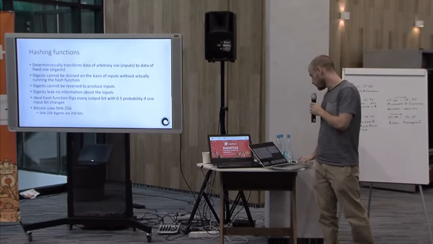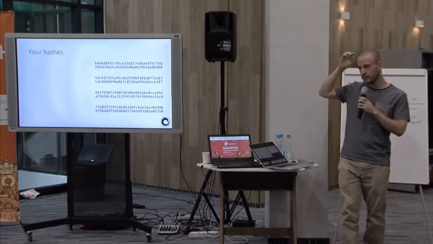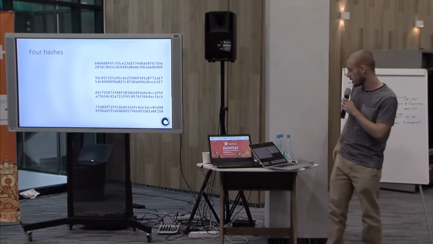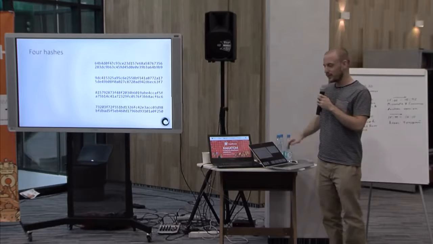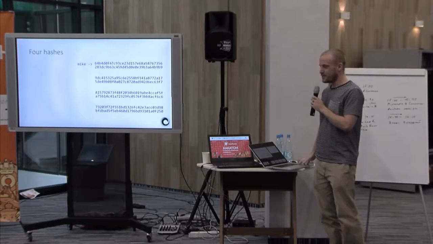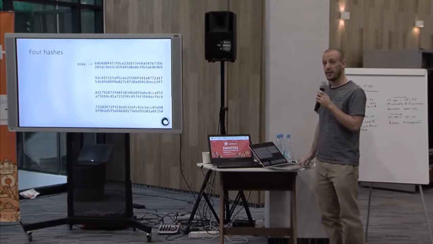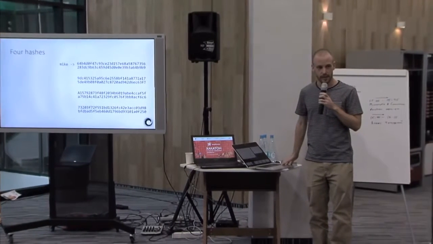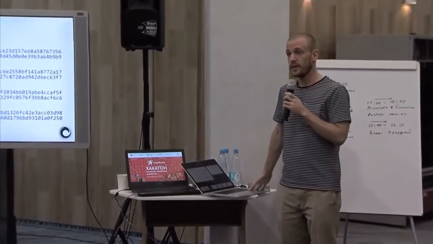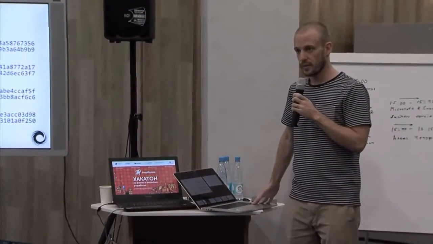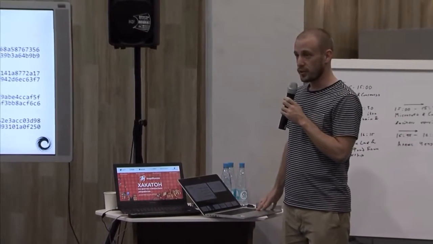So for example, we have 4 hashes here. These are SHA-256 hashes, which is the hashing function used in Bitcoin. For the first one, you could try to take a guess at what input produces that output. It's my name. An important property of hashing functions is if you change anything about the input, if you flip even 1 bit of input, every bit of output will flip with a 50% probability. So if I just change the first letter to uppercase, you get a totally different hash.